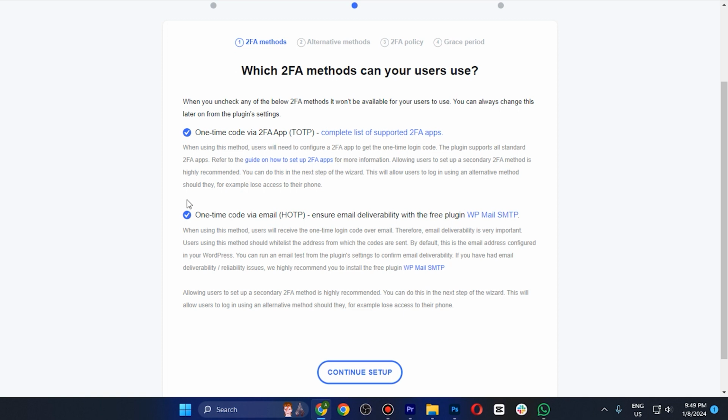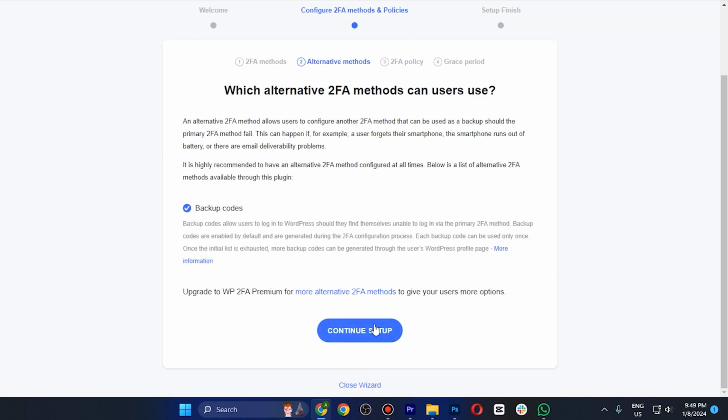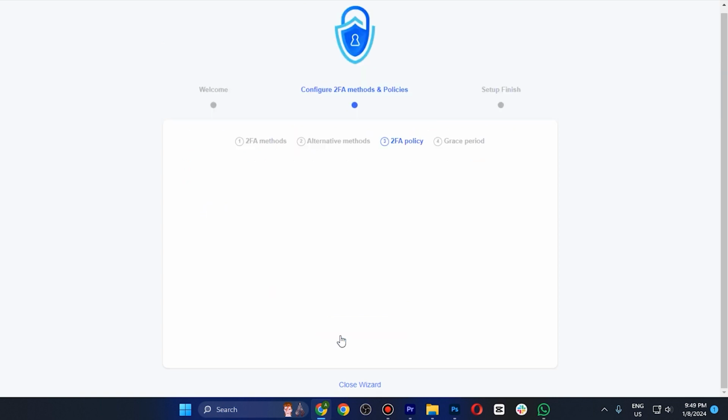The second option is one-time code via email. If you want to go with this option, you can do so. For me, I'm just going with the two-factor authenticator application and tap on continue setup. Once you do so, you also have backup codes enabled in case something goes wrong, and then tap on continue